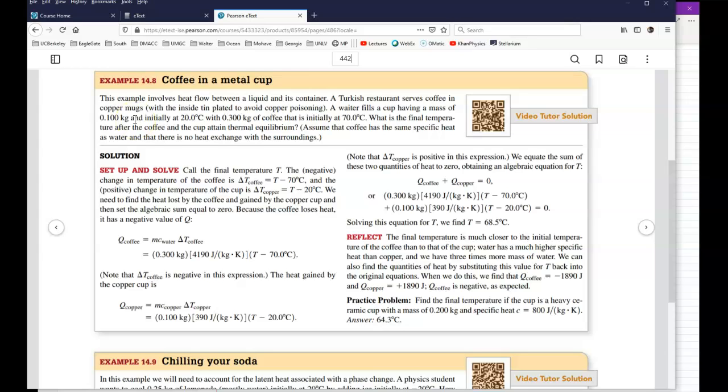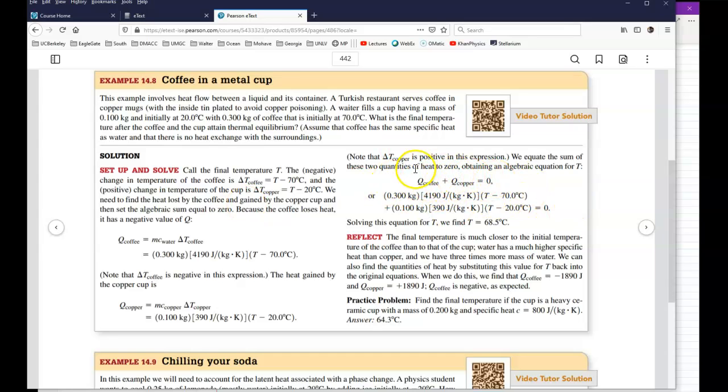It's a copper cup, initially at 20 degrees Celsius, which is almost room temperature, with 0.3 kilogram of coffee that is initially at 70 degrees Celsius. What is the final temperature after the coffee and the cup attain thermal equilibrium? Assume that the coffee has the same specific heat as water and there is no heat exchange with the surroundings. So the way he does it, he adds them up together